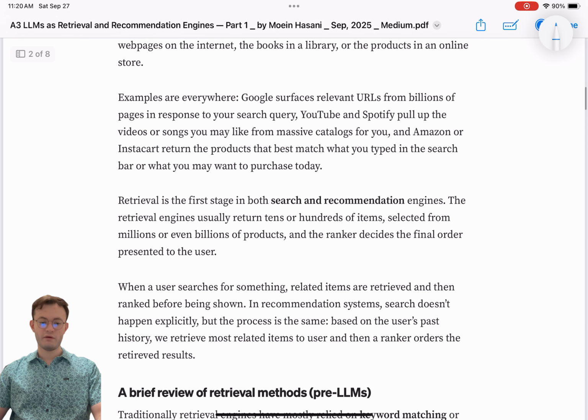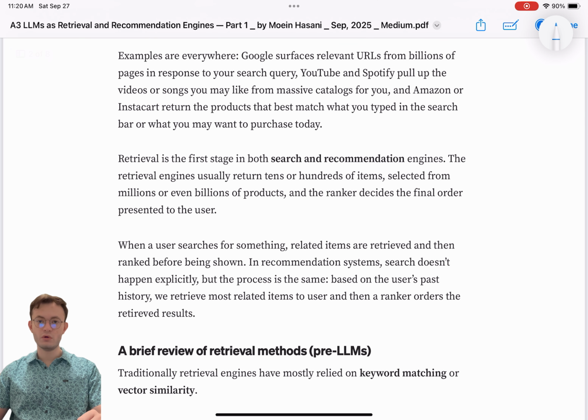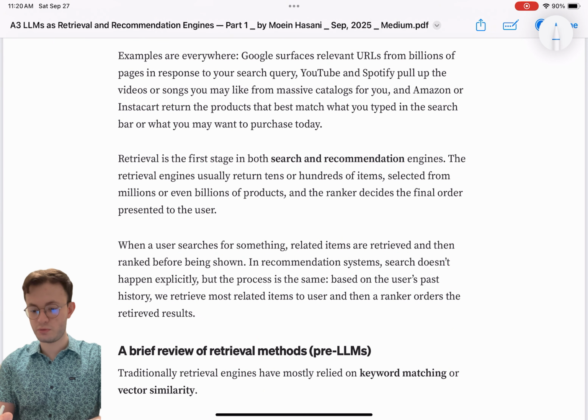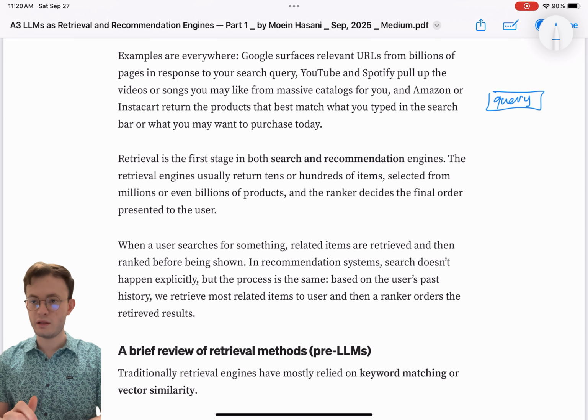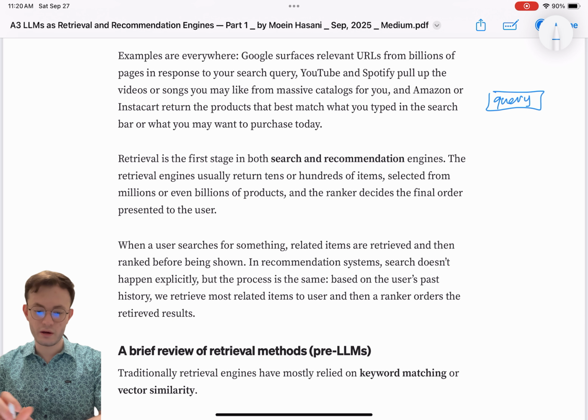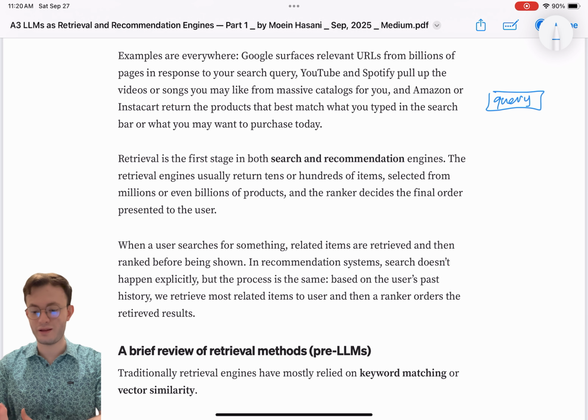And we have a lot of examples of this, for example Google. Whenever you search something in the Google search box, you have your query here and you say, hey, I want to learn more about, let's say, LLMs for retrieval, something like that.